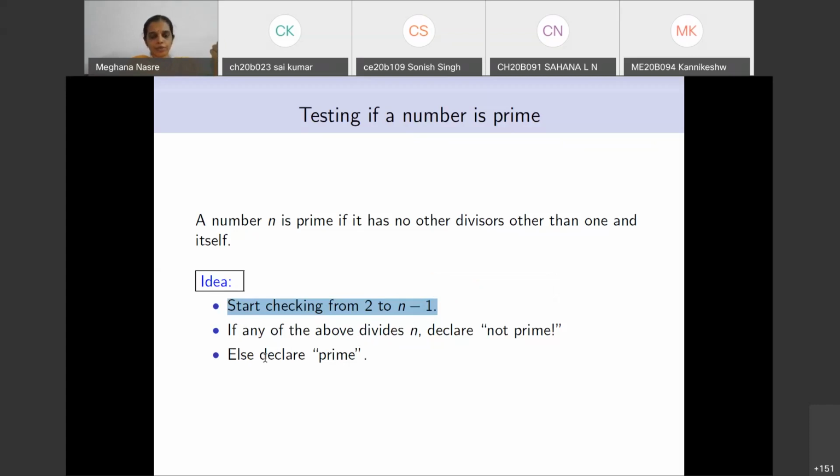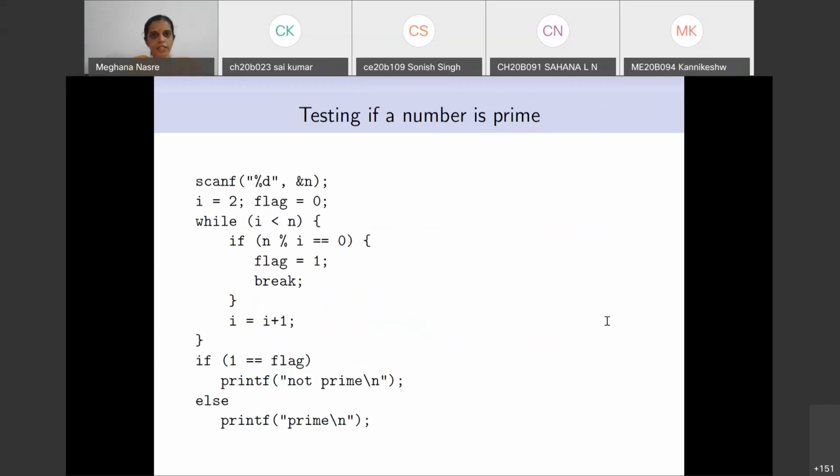Since many of you have seen all the basic constructs, you will naturally think of writing this as a for loop, which is also fine. But at the moment, we are only going to exploit the while loop. There are certain suggestions here that up to n by 2 is sufficient, up to square root n is sufficient. I agree with all of them. At the moment, we are just going to do this very simple check. Yes, these are correct that we can only go up to n by 2, or in fact up to square root n.